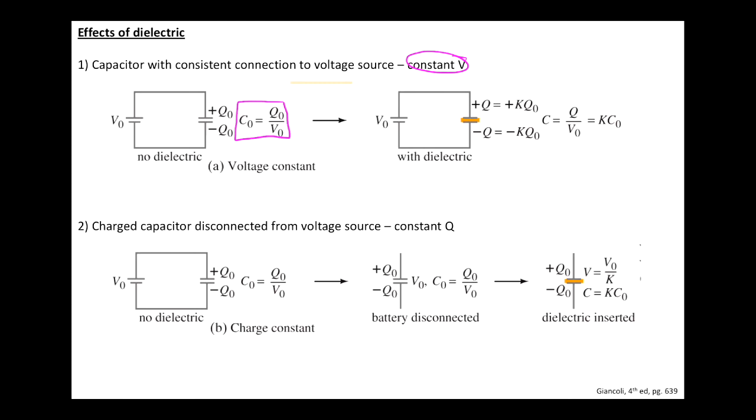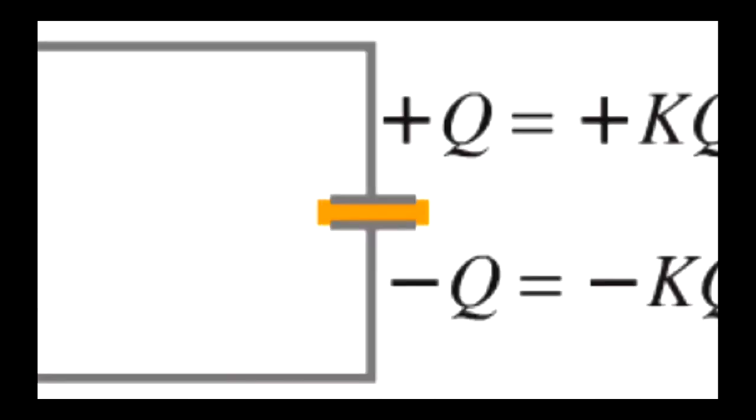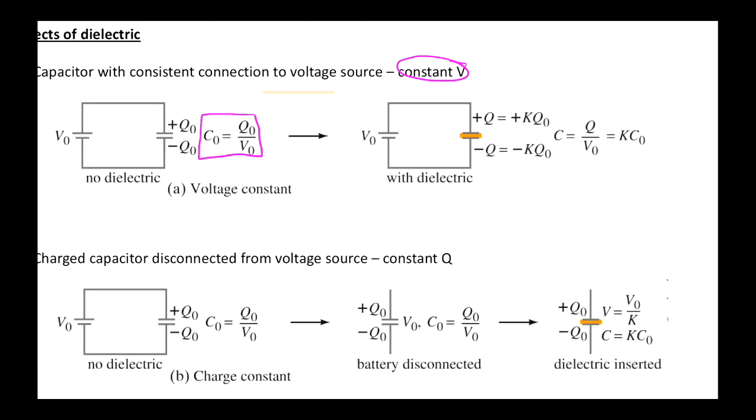Okay. Once I insert the dielectric material, and you can see that's happened here with this fancy bit of graphics, someone drew an orange box and put it in between the plates. Well, since the voltage is a constant, it's the charge that's going to change. And you can see that reflected in this equation, again, by this factor K, the dielectric constant. So the amount of charge on the plates increases when I insert the dielectric material,